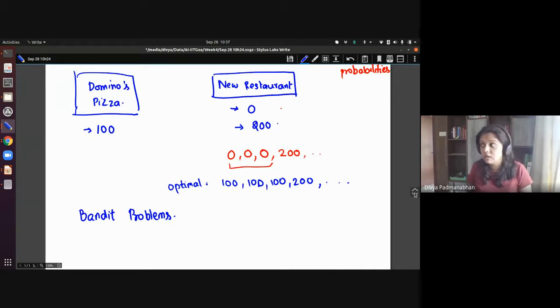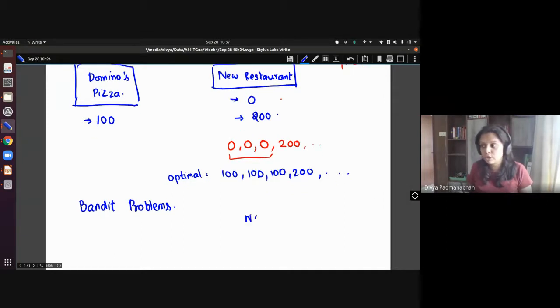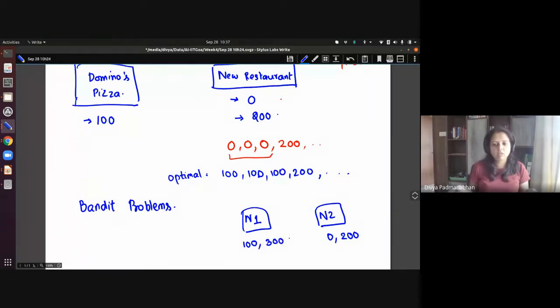So another variant is new restaurant 1, and there are two new restaurants. Okay, so here maybe new restaurant 2 is 0, 200. So these are the possibilities. New restaurant 1 maybe something like 100 and maybe 300. Okay, so this could also be a variant that arises.